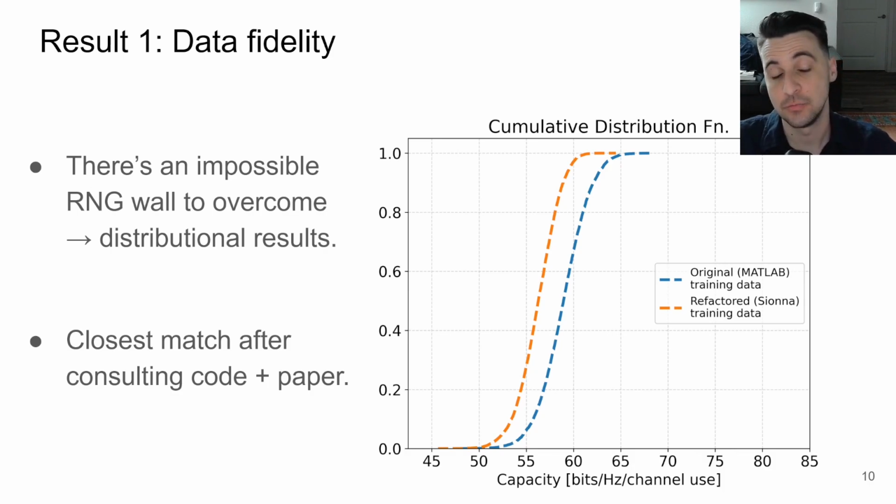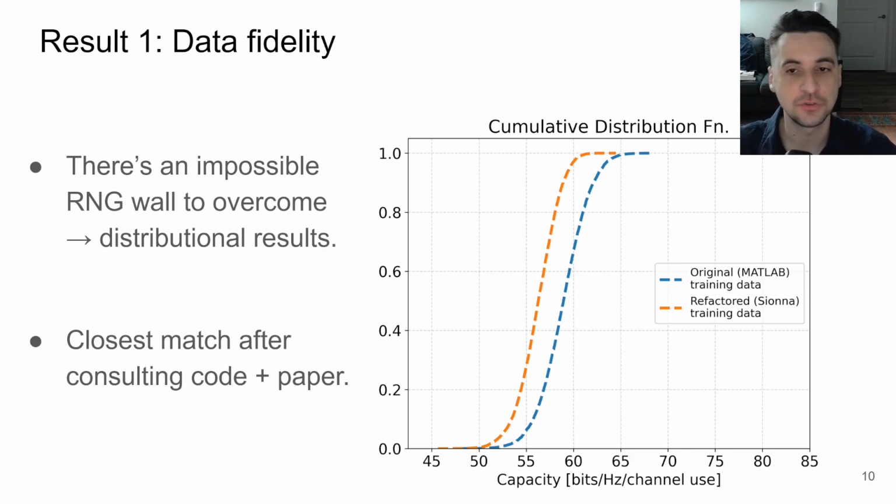So because we have to do statistical results, ideally we would like these curves to match, okay? So we would like these two distributions to be identical. They still won't be pointwise identical, but they're not even distributionally identical, okay? So after tuning some of those 10 hyperparameters, we think we know where the differences are, but it's impossible at the end of the day because MATLAB is closed source.